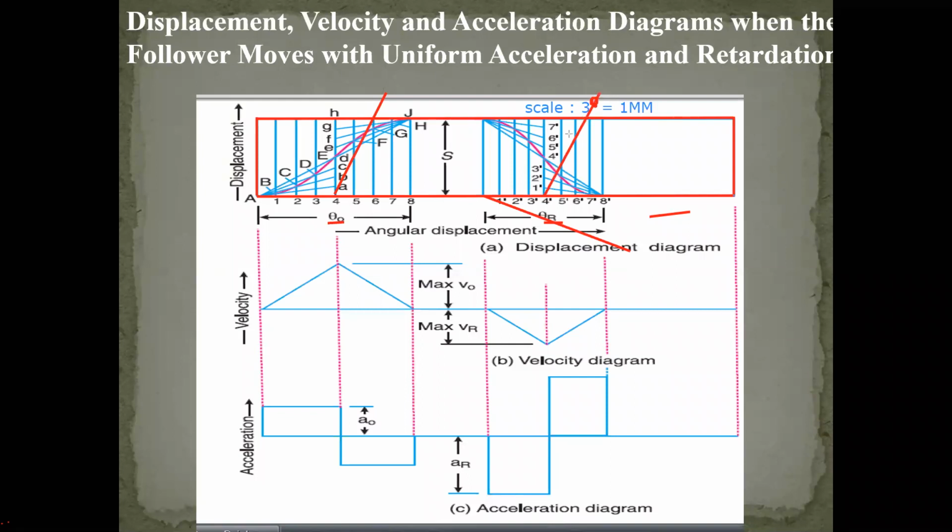Just make the same thing in our return stroke also. So those points are A, B, C, D, E, F, G, H, and over here 1 dash, 2 dash, 3 dash, 4 dash, 5 dash, 6 dash, whatever it may be. So the representation is there. Later, for the divisional points of our mid stroke, you have to connect the lines from the beginning of the stroke to the end of the stroke.